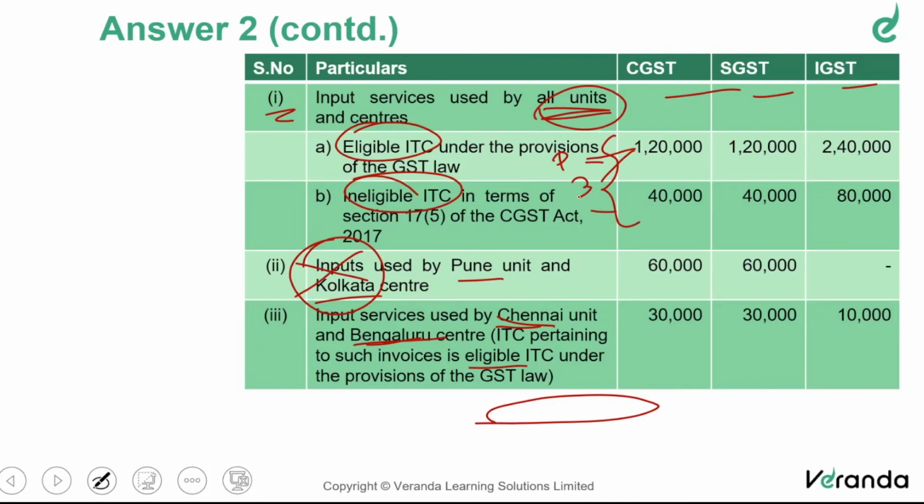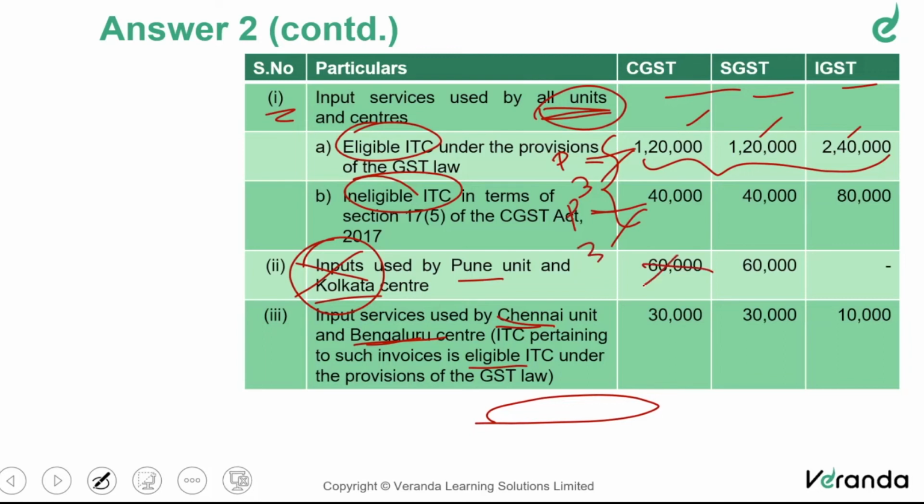Why? Because as far as Pune is concerned, this 120, 120 and 240 separately we'll have to apply the ratio and distribute as C, S and I, correct? Whereas for the other 3 units, we need not distribute separately. We can just add up the 3 numbers and distribute it among the ratio, because everything is going to get distributed as IGST. So by simple mathematics, we can add it up and distribute it in whatever remaining ratio is there. That is a point we need to keep in mind. Same thing here also: Pune separately, whereas for the other 3 units we can just add up the 3 numbers and then distribute.